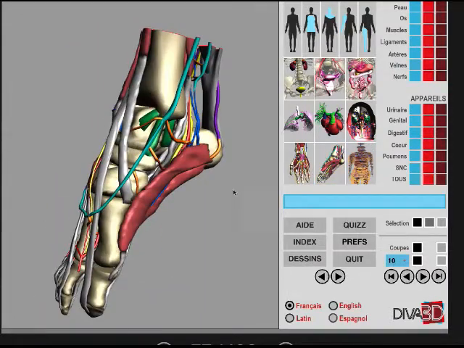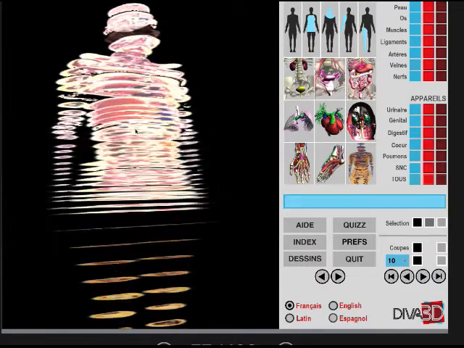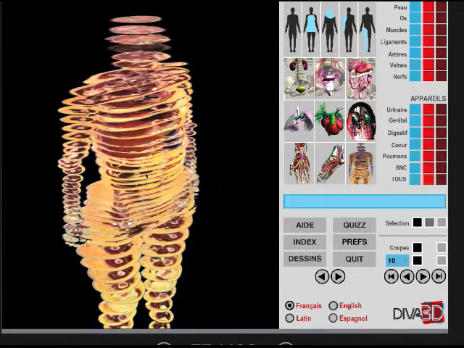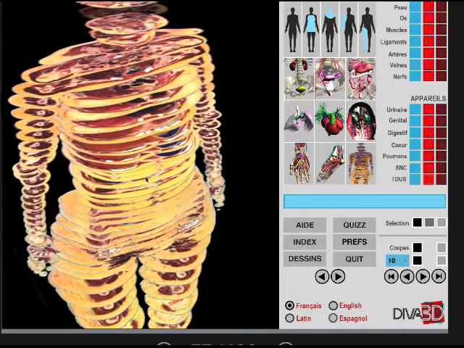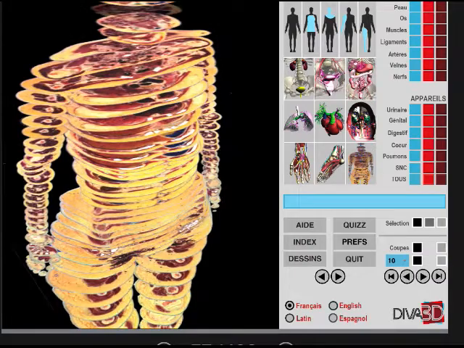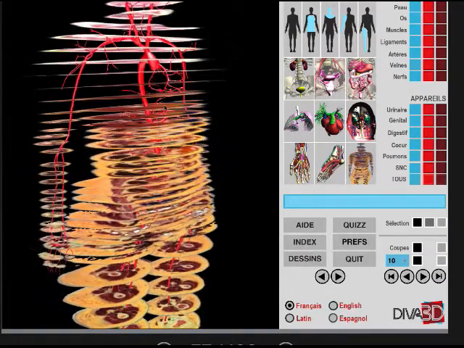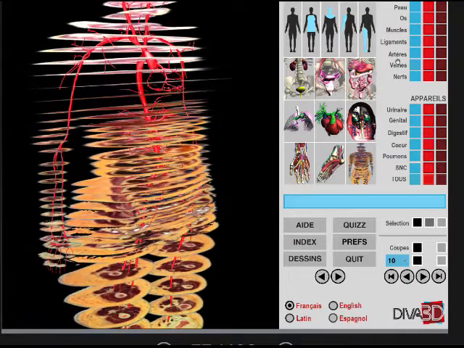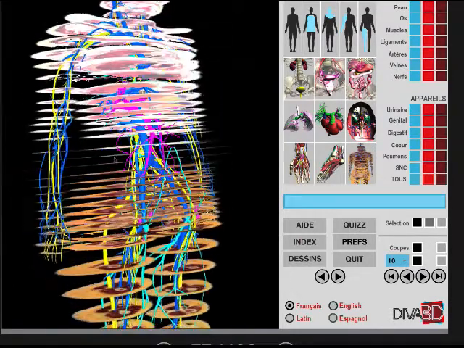the hand, the foot, and also we can display several slices that we can manipulate, and we can add inside the slices different kinds of elements. In this case, we add the arteries. You can see the arteries, 3D vectorial model superimposed with the slices. You can add the veins, can add the nerves,